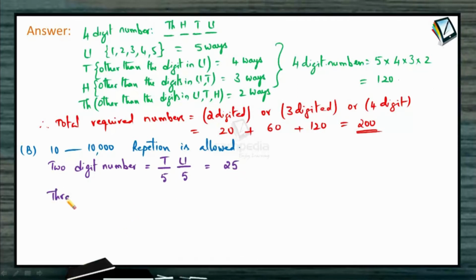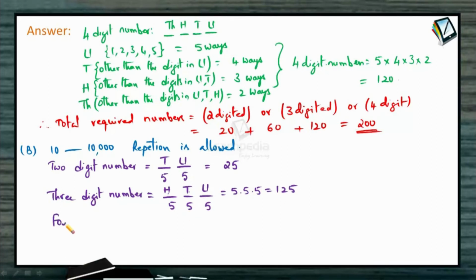Whereas how many 3-digit numbers are possible? Following the same logic as 2 digits, now we need to arrange 3 places. The arrangement of the units digit can be done in 5 ways. The arrangement at the tens digit is also in 5 ways because repetition is allowed. And the number at the hundreds place still has 5 choices. Now in order to form a 3-digit number, we have to fill hundreds, tens and units place. So this can be done in 5 into 5 into 5, that is 125 different possible 3-digit numbers,